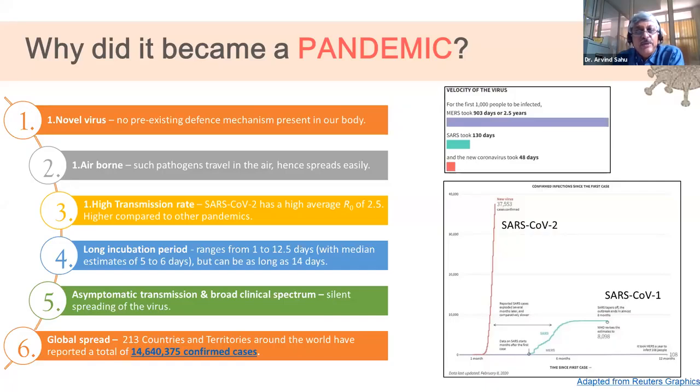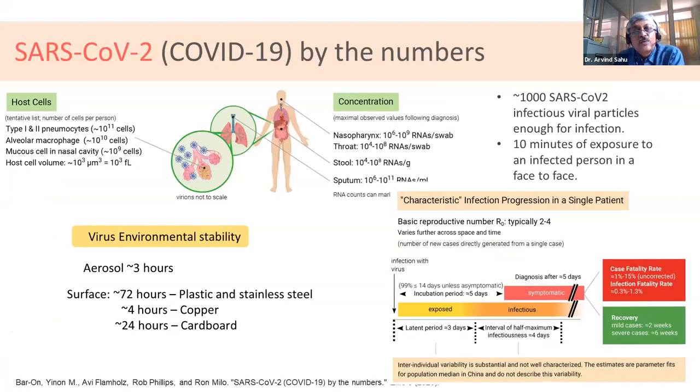So these are the main points which I have come across. And if you compare SARS-CoV-1 versus SARS-CoV-2, you can see that SARS-CoV-1 was more pathogenic. This one is less so compared to SARS-CoV-1, but you can see the number of cases, there is a steep rise, and this went everywhere very fast. So let's look at the numbers,